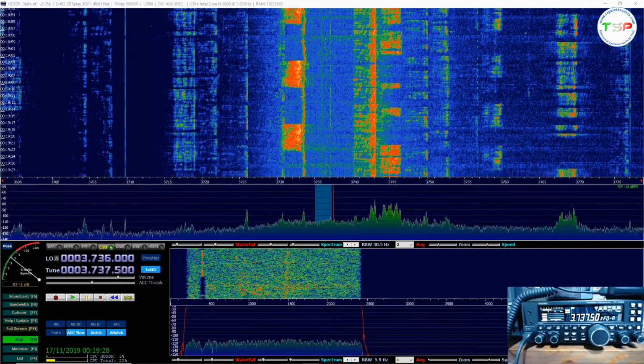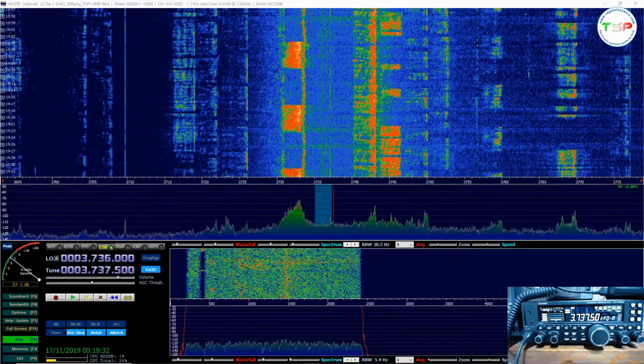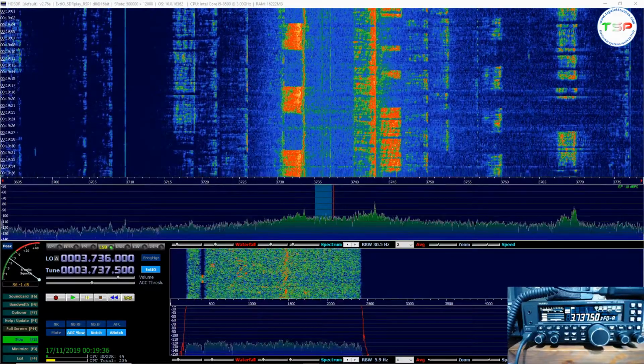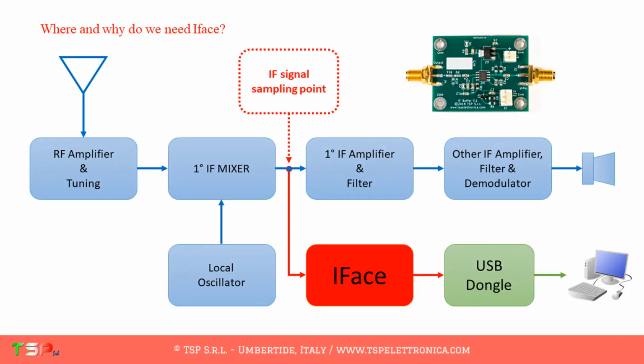So the setup I'm using now is, as you can see here in the bottom right of the screen, a Yaesu FT450D, and inside this radio there's an interface, an IF buffer interface, in order to have a panadapter, as you